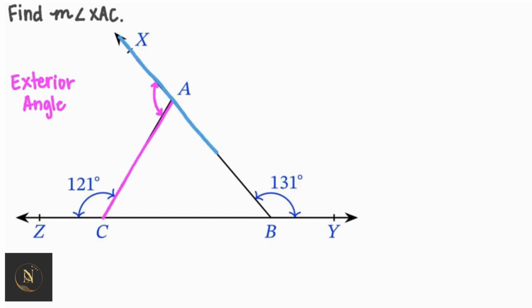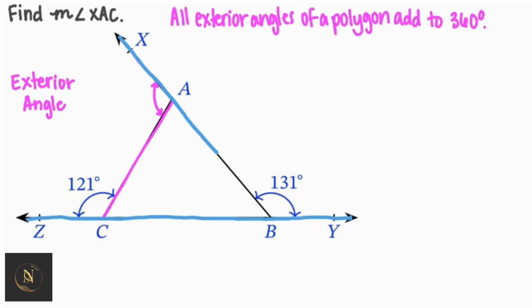And it looks like we have two other exterior angles. And we do. The bottom side is extended and we have two exterior angles. All exterior angles of a polygon should add to 360 degrees. So the measure of angle XAC plus the measure of angle ZCA plus the measure of angle ABY should equal 360